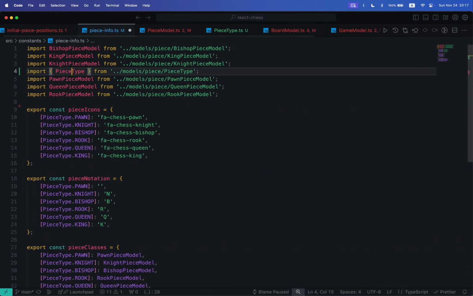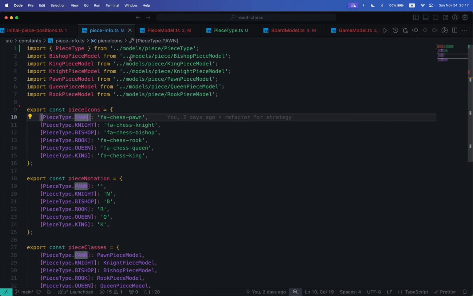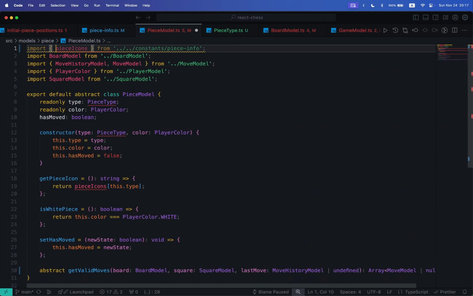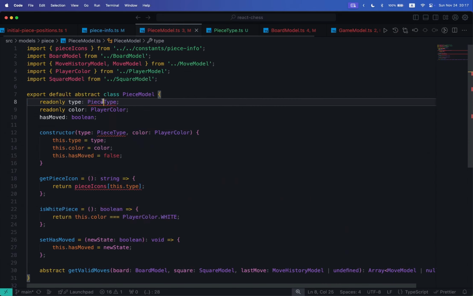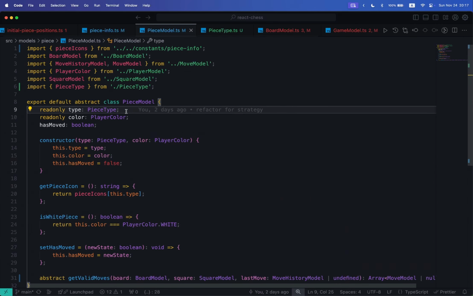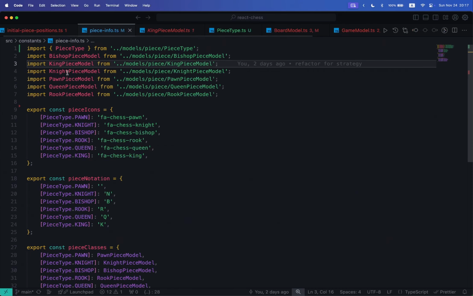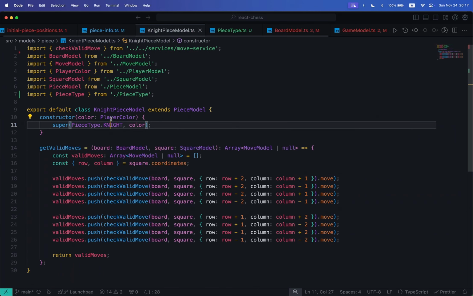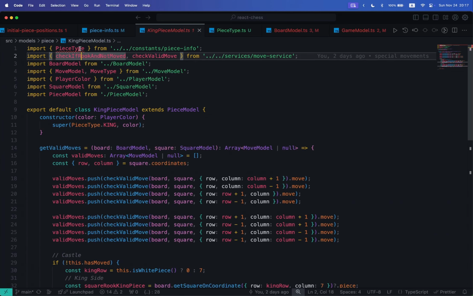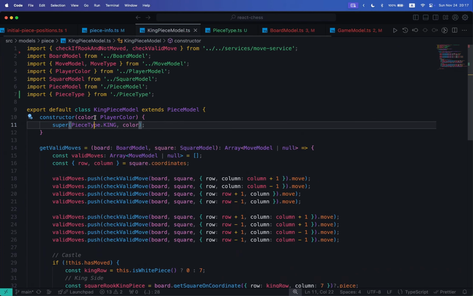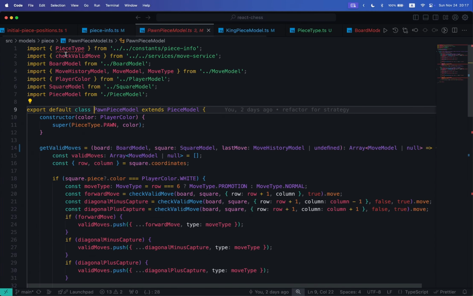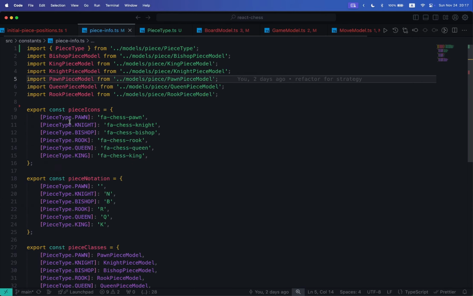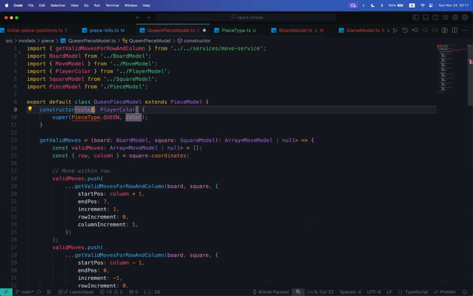Add import. Bring this up just to be slightly more organized. And everywhere that the piece type was being imported now broke, of course. Let's rename, let's get that fixed. Piece type. Suppose that we're going to go for all of these ones. The knight, remove, re-import. I didn't do the king, so remove, re-import, the pawn, remove, re-import, the queen, remove, re-import,